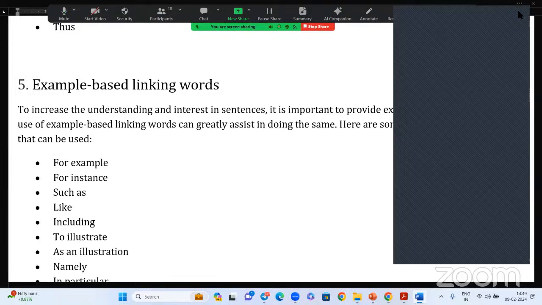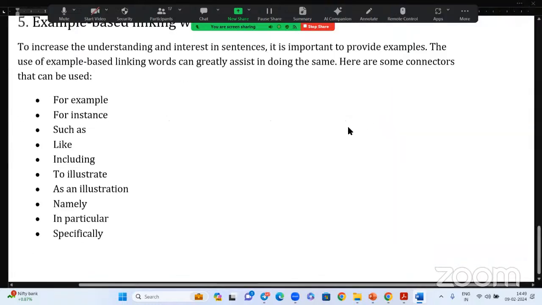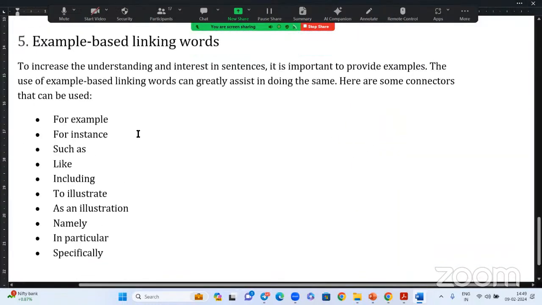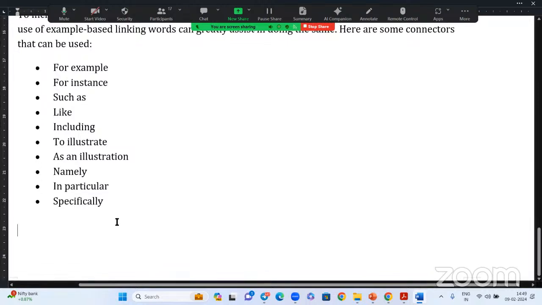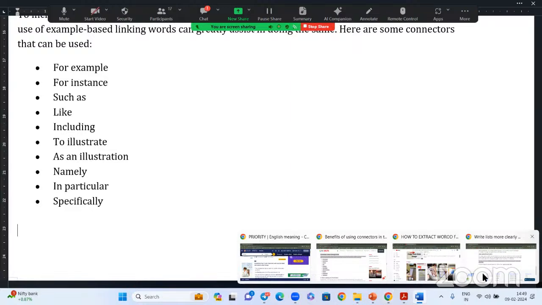Yeah. So next, you take one example and give. For example,